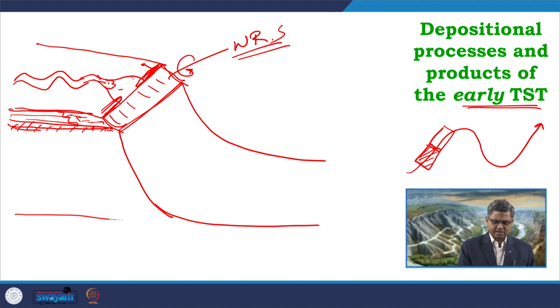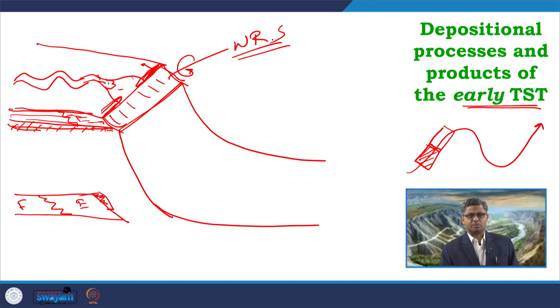So, we get a prism formed in this part, where the initial part is the fluvial part followed by the estuary part. And at the top of this estuary, we can get the formation of the barrier bars or the barrier beach system. The wave ravinement processes will be confined in this zone, whereas the tidal ravinement processes will be confined within the estuary towards the landward direction, a little bit inside the estuary.